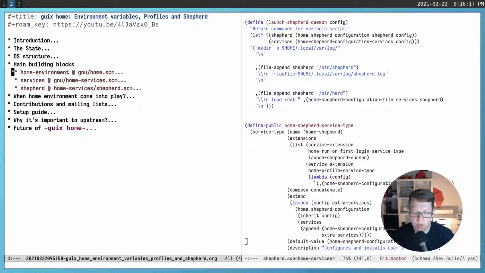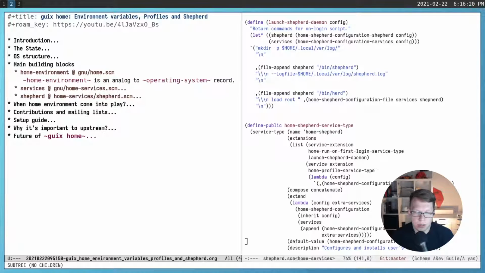It has a home environment record, which defines some fields that are specific to the user, maybe his layout, his XDG directories, and so on. And it also defines a list of home services, which is very similar to system services, but they are user specific, and they build a graph of services extending each other,